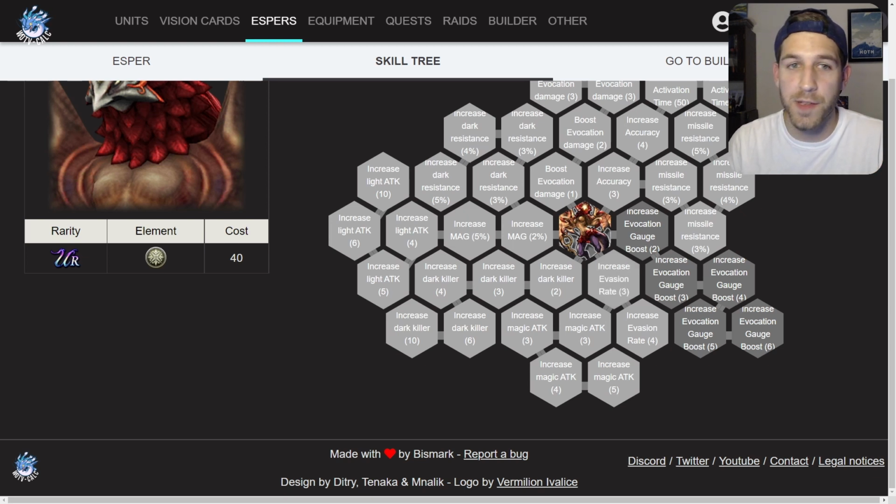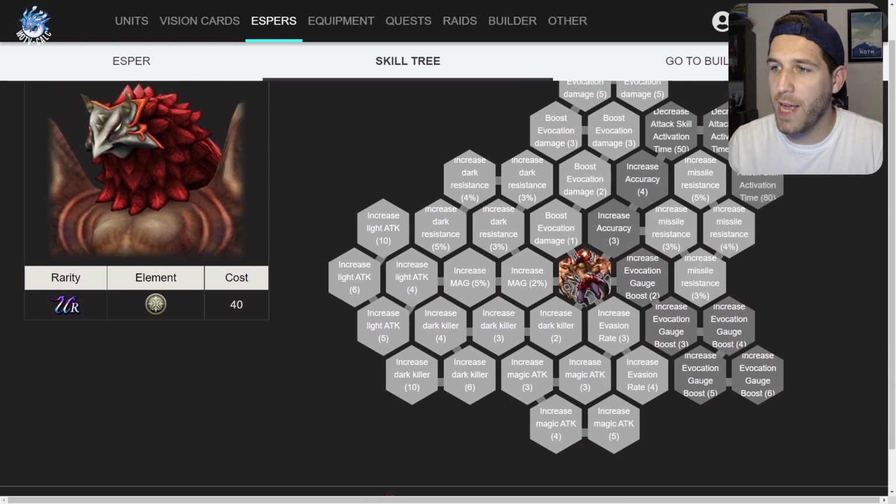We have TP skills, we have gear, we have other things that can boost evocation, and that is going to make you able to use Valefor's evocation spell way more quickly, and they actually are really impactful. The other interesting thing here we have is the decrease attack skill activation. So again, this doesn't work on your healing spells, unfortunately, but it does decrease the cast time by 200 for